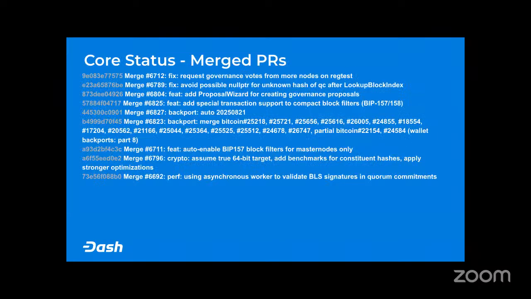Here there are a couple of automated backport PRs or other backport PRs, as well as the proposal governance UI, and some governance fixes for reg tests that improve functional tests and make them less flaky. The compact filter stuff that we talked about. As well, I forgot to mention this on the other